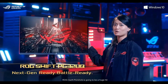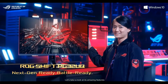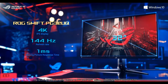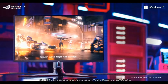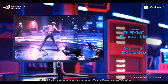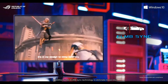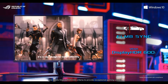Without a doubt, ROG Swift PG32Q is going to be a huge hit. Let's take a look at its amazing features. The 32-inch 4K 144Hz monitor features an IPS panel and 1 millisecond moving picture response time. It is NVIDIA G-Sync compatible and features exclusive variable overdrive to reduce ghosting. In addition, it has ELMB-Sync technology to eliminate motion blur and meets DisplayHDR 600 criteria to provide exceptional